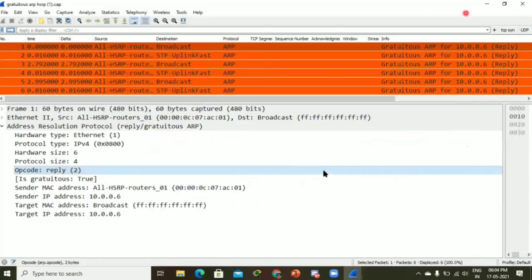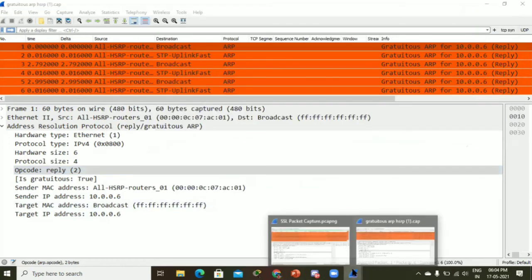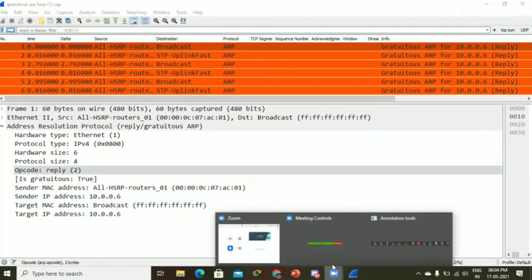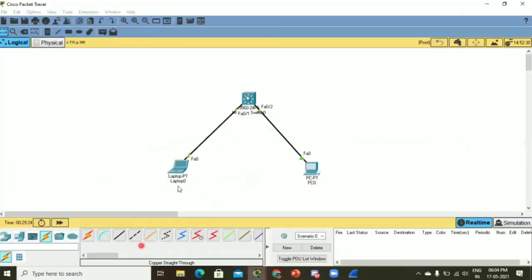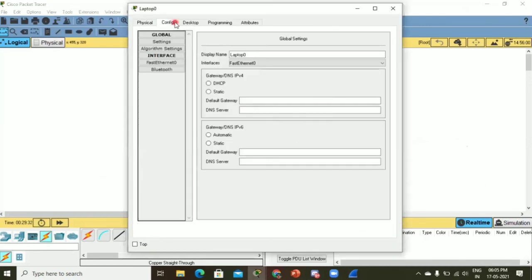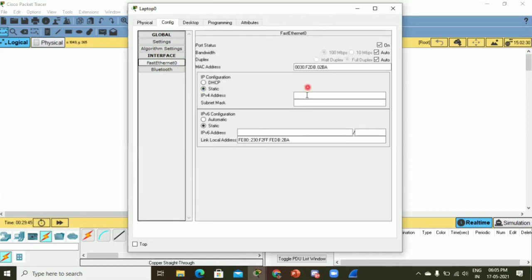So let me show you the packet flow. This is the packet tracer. Let's go here. What I'm going to do is initiate traffic from this PC. The default gateway is 192.168.1.1. The IP address for this PC is 192.168.1.2.